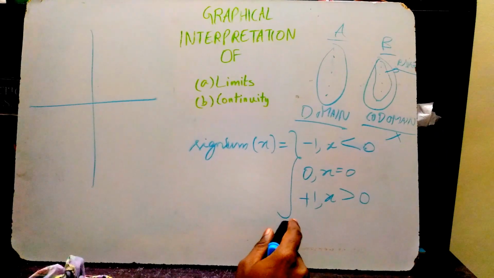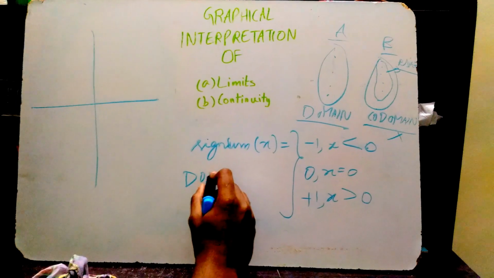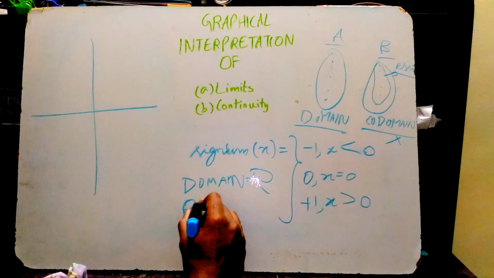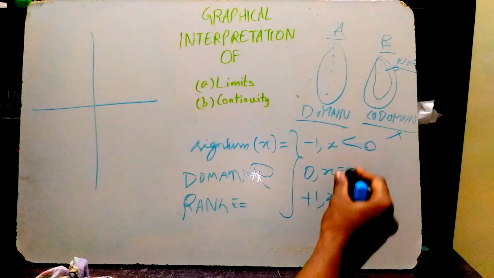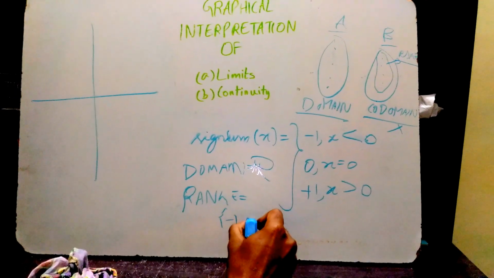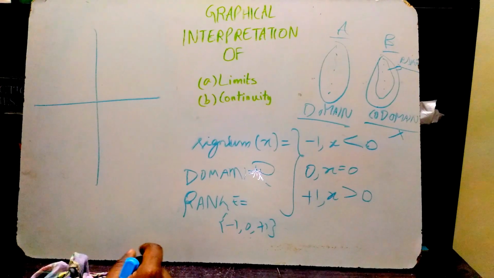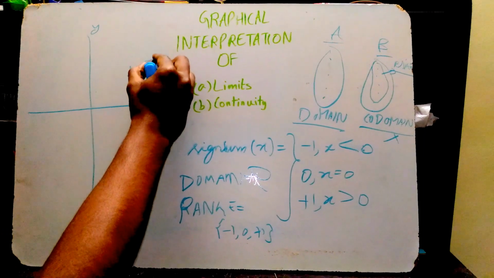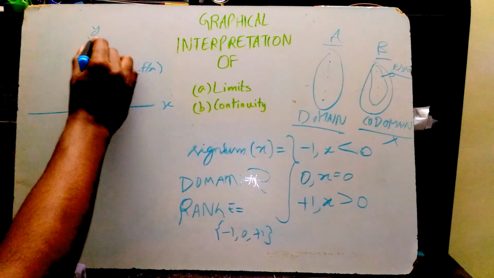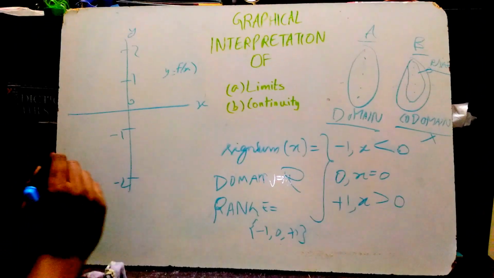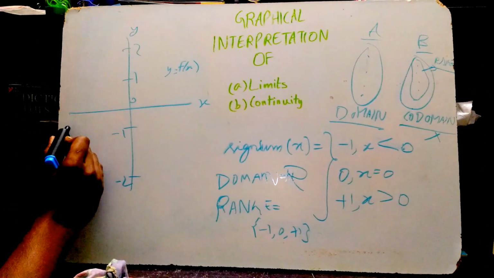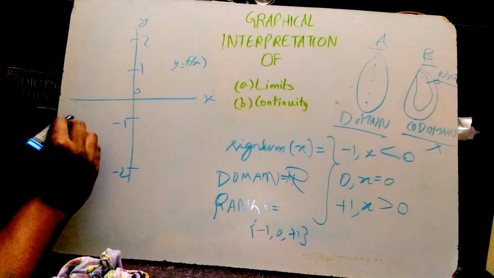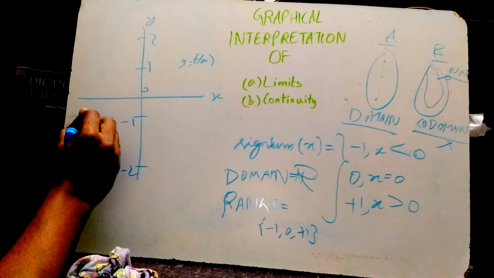So in this case, the signum function, the domain is the set of real numbers, but for the range, the function can take only three values, that is minus 1, 0, plus 1. So when we try to draw this graphically from minus infinity to plus infinity, now from minus infinity, you notice that these negative numbers will have their signum value as minus 1. So I'll be drawing a line parallel to the x-axis one step below.